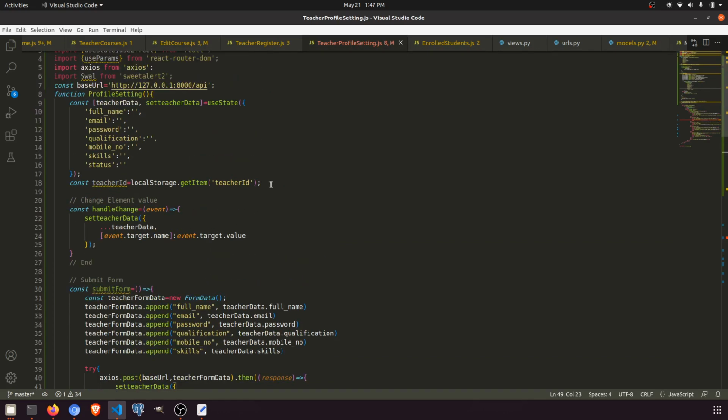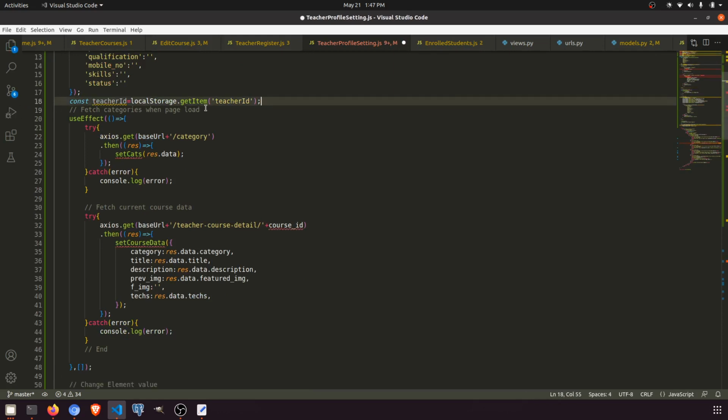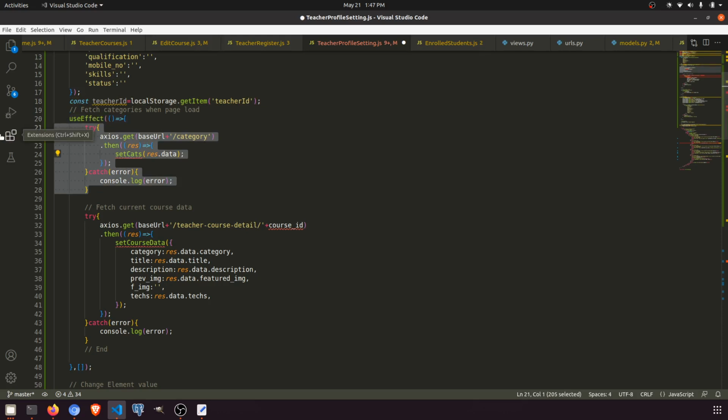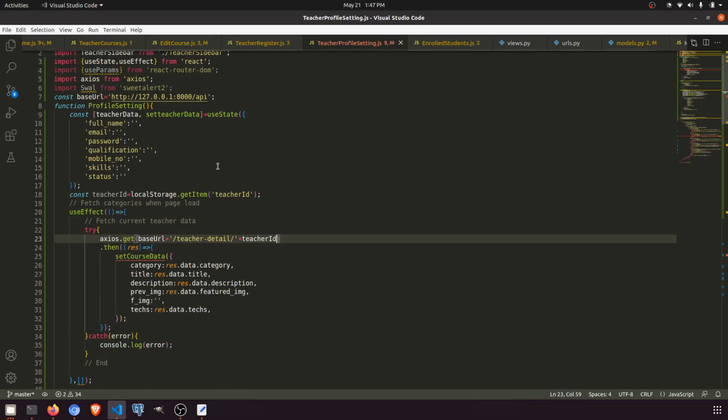So here we have a teacher ID, right? So we don't need this. Fetch, don't need this also. Fetch current teacher data, so teacher detail, teacher ID, and set teacher data,